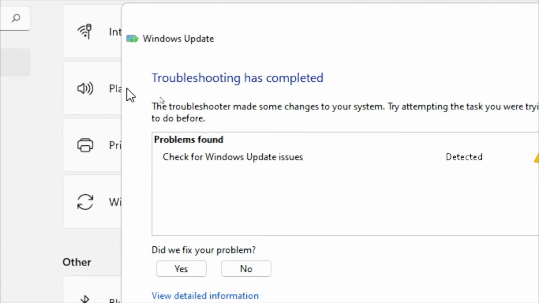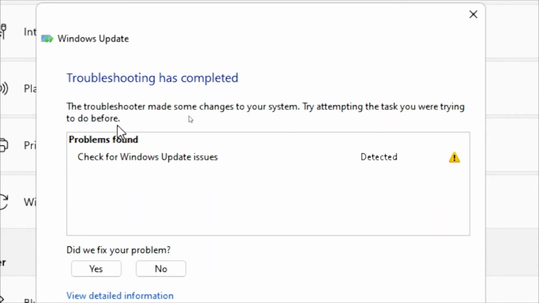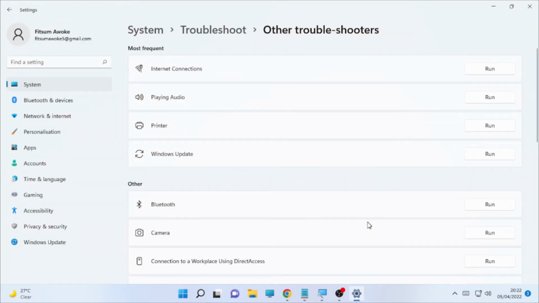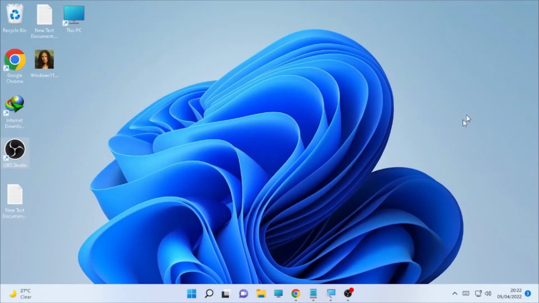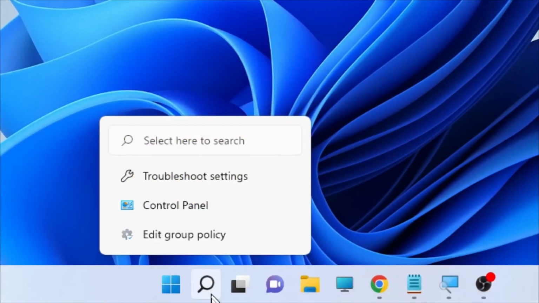Here the troubleshooting has completed, and the troubleshooter made some changes to your system and attempted the task you were trying to do before. After you get this information, close it and check whether your problem is solved or not. If the problem is still occurring, then solution number 4 is starting the Windows update under the task scheduler. Here click the search icon